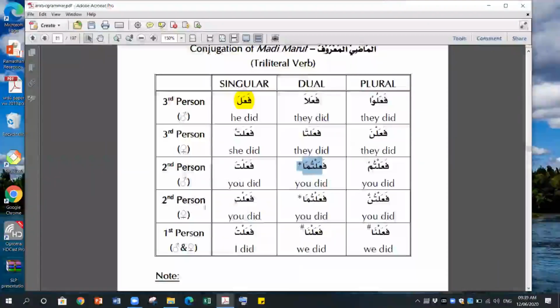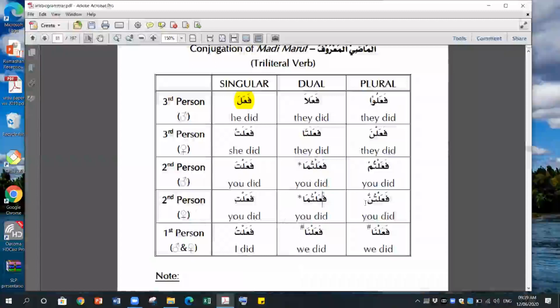Now let's go to the feminine second person. Instead of fa'alta, it is fa'alti now. Very easy. We have done it like ka and ki, same pattern. Fa'altuma is the same for both masculine and feminine, the dual is same. And fa'altunna,